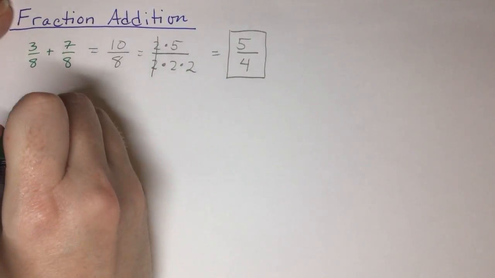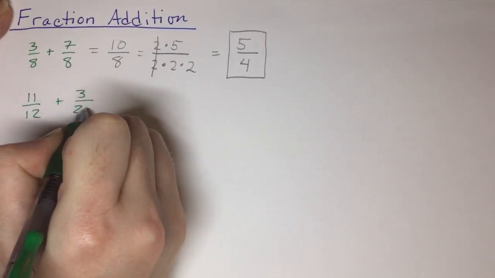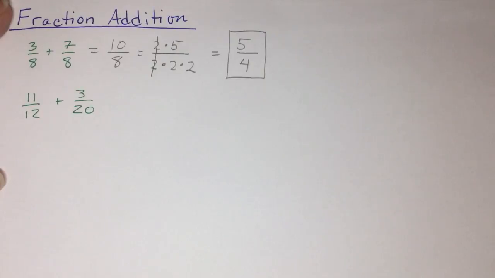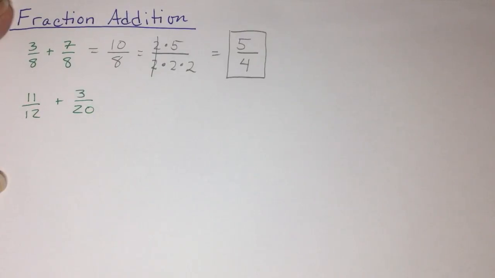If I had 11 twelfths plus 3 twentieths, I've got a problem here. 11 apples plus 3 oranges. I have unlike terms. I'm not able to add these fractions unless I have them with the same denominator, unless